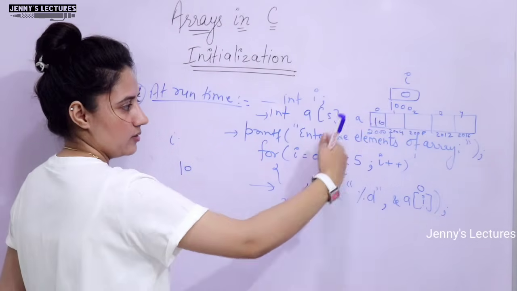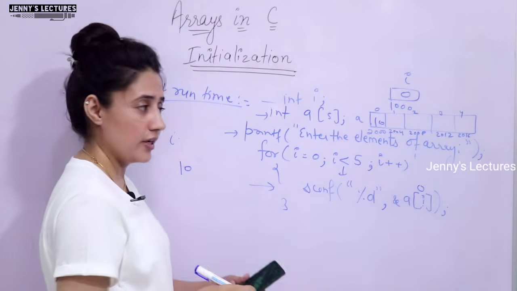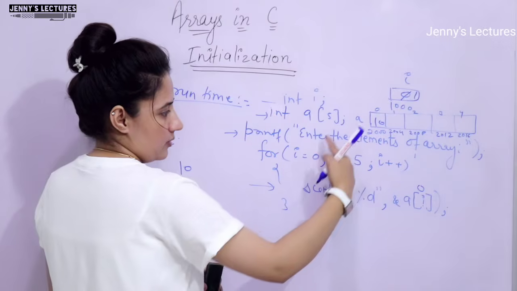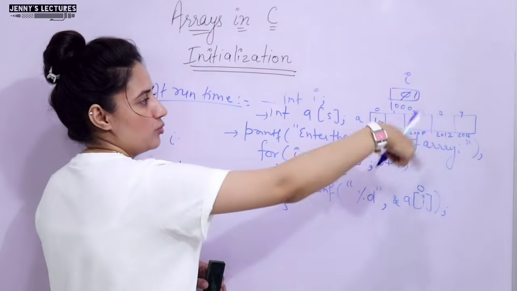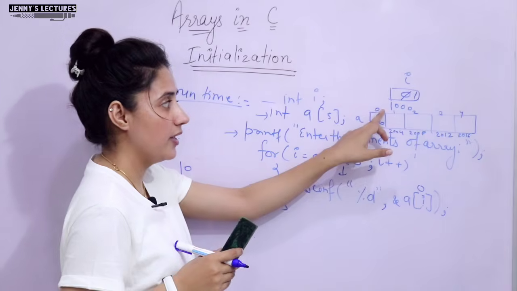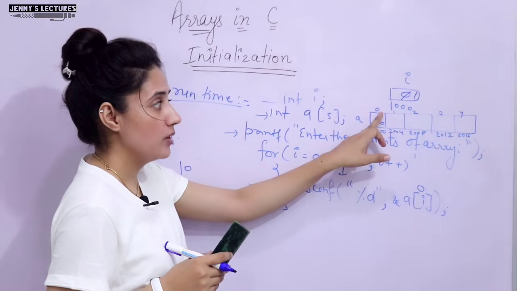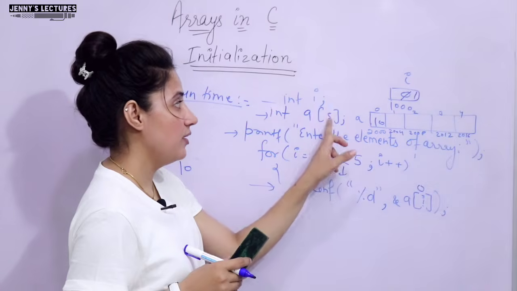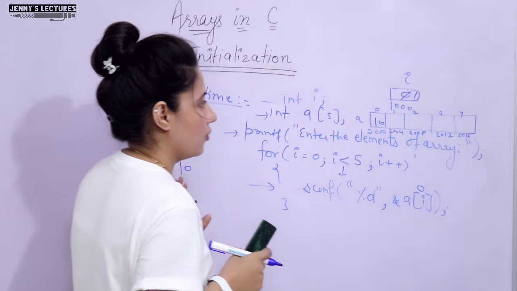So like this, I guess you all know the working of the for loop, I have discussed it many times. Then i++, i would be 1, then again the condition is true, and this process would be repeated, and this is how the array would be initialized. The index of an array always starts from 0: 0, 1, 2, 3, up to size minus 1. Size is 5, 5 minus 1, that is 4, right?